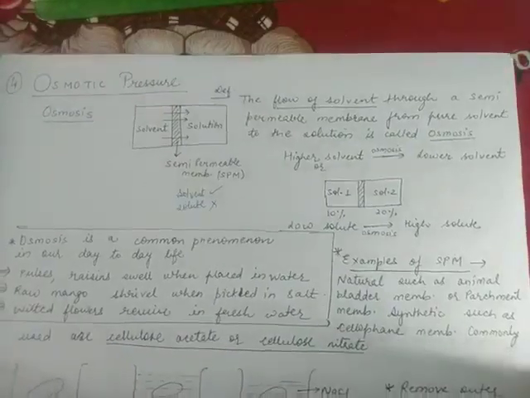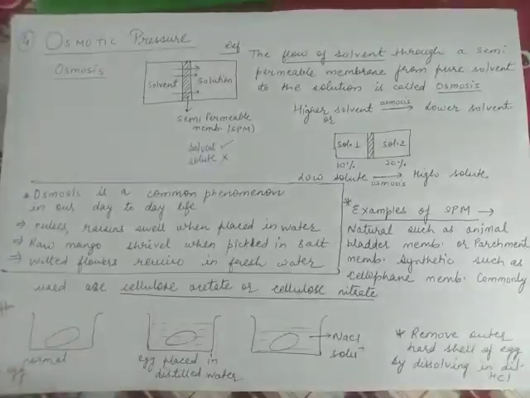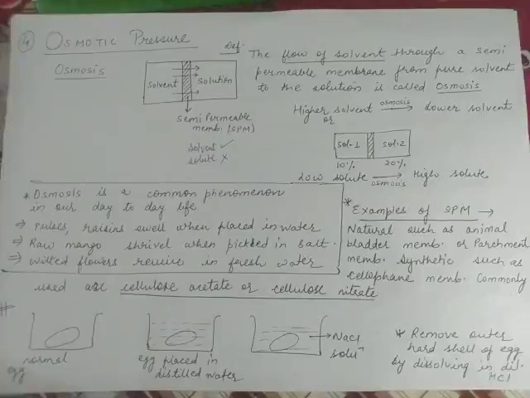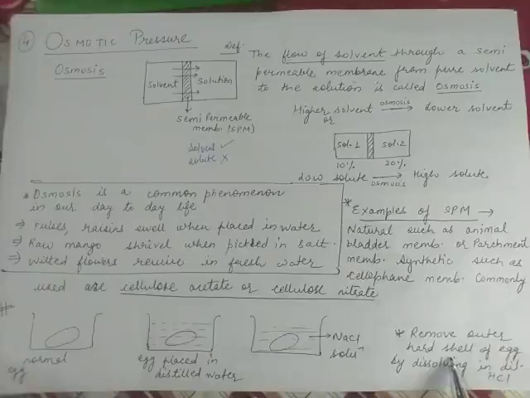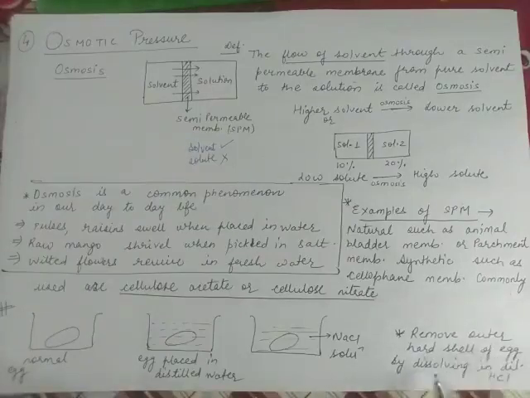Now I am taking one more example to explain osmosis. Now there are three containers. The first container has a normal egg, which shows the size. The second container has an egg placed in distilled water. And the third container has an egg placed in NaCl solution. Now before starting with this practical, we'll remove the outer hard shell. The outer hard shell of the egg, that is the white colored shell, is made up of calcium carbonate. So we'll remove that hard shell of the egg by dissolving it in dilute HCl. Calcium carbonate will react with dilute HCl, so that outermost hard cover will be removed.